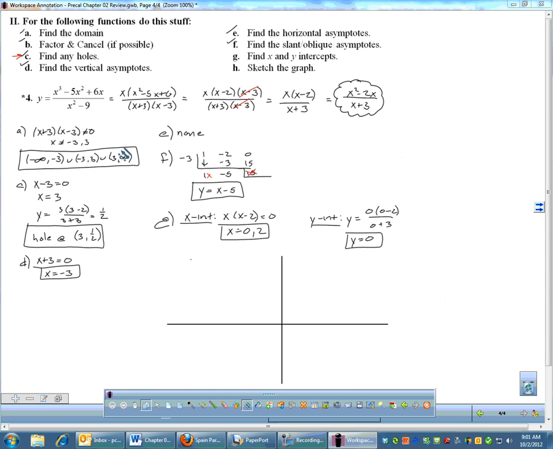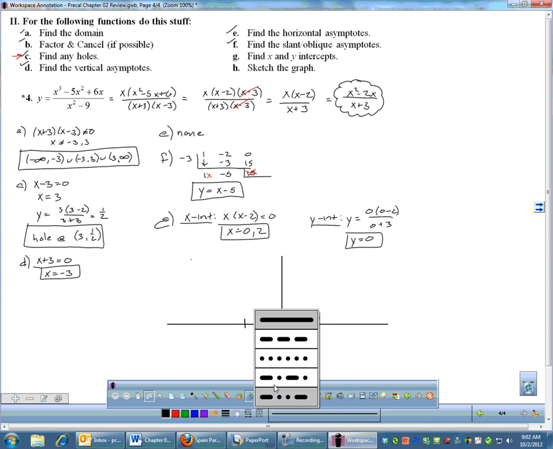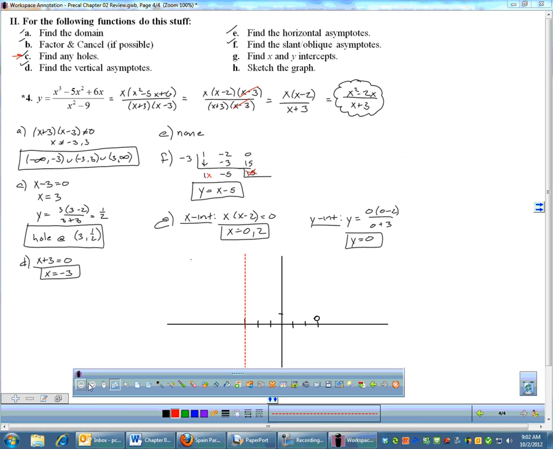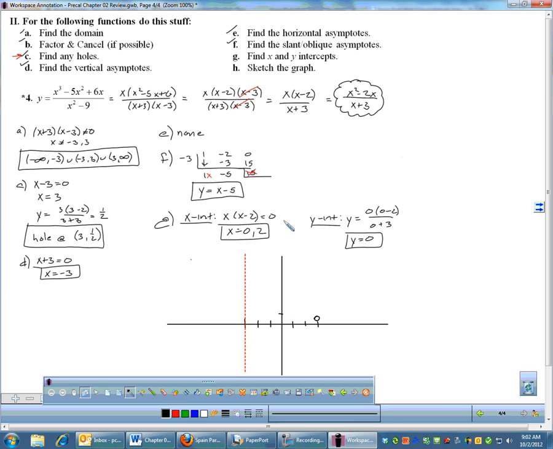All right, so to graph this, we start by graphing, I have a hole at 3 1/2, so let's see, 1, 2, 3, we'll call that 1, and 1/2 is going to be about right there, so I have a hole at 3 1/2, I have that graph. There was a vertical asymptote at -3, so I'll go -1, -2, -3, and there's my vertical asymptote, so let me graph that in. Close enough. Let's see, there was no horizontal asymptote. I do have a slant asymptote at x minus 5, and here's what we're going to have to do for the slant asymptote. I just graph the line y equals x minus 5,